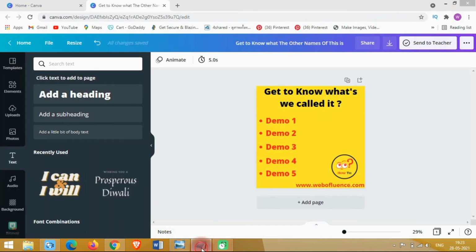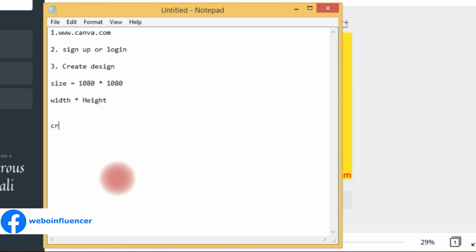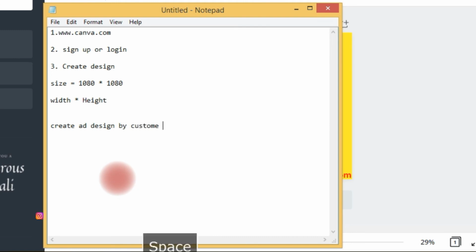Let me repeat these steps for you. Create a design by custom size, the size I have mentioned above. Then add a heading from the text option at the left hand side.